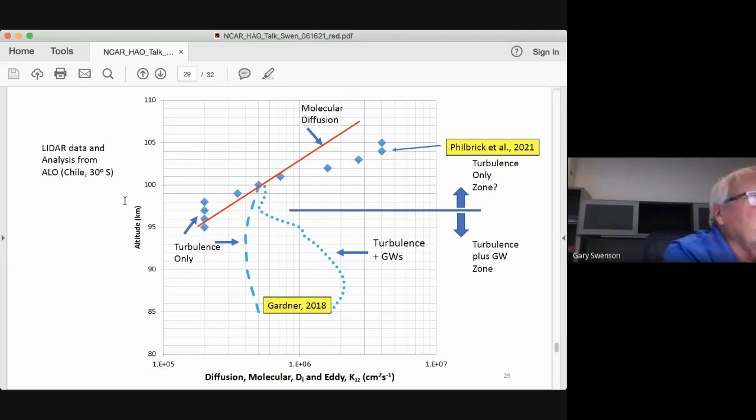So here, if you look, I've got a schematic of a potpourri of a number of observations. Looking at Gardner, 2018, he had a plot with altitude from roughly 97 down to 85 kilometers of turbulence only that he made from the Chile observation, but also from the observations made out in New Mexico with our LIDAR. And he has a turbulence only plot, and then a dotted plot of turbulence plus gravity waves, which follows on the right. As you get up towards 97 kilometers, those two end up having little difference. Turbulence dominates up there. But below, especially down near 90 kilometers, gravity waves dominate over turbulence by